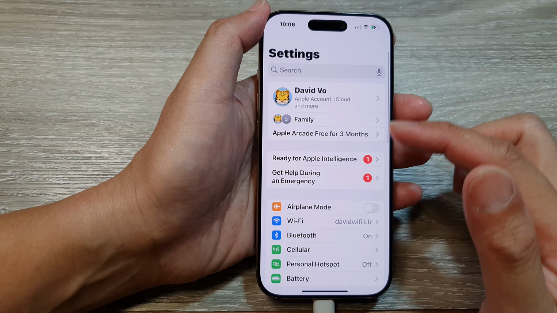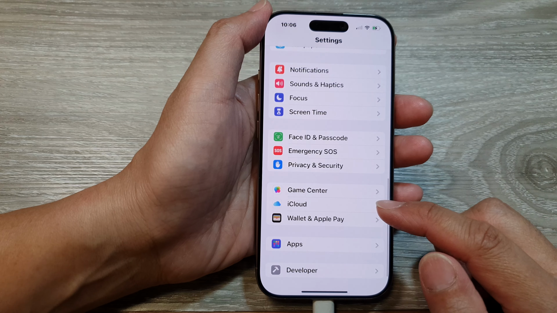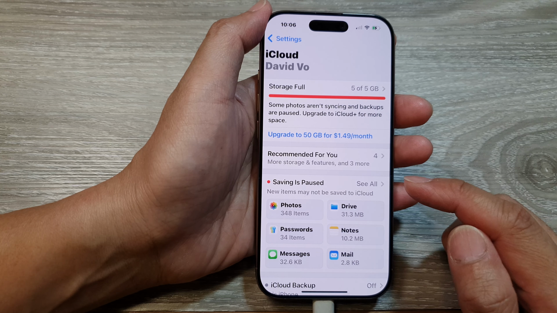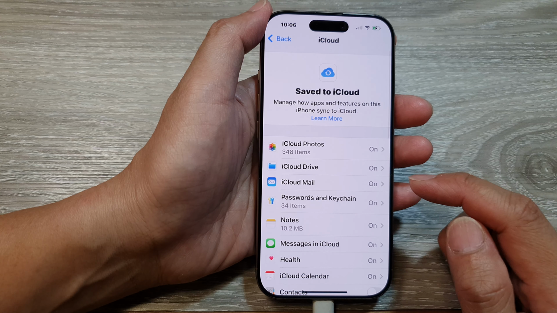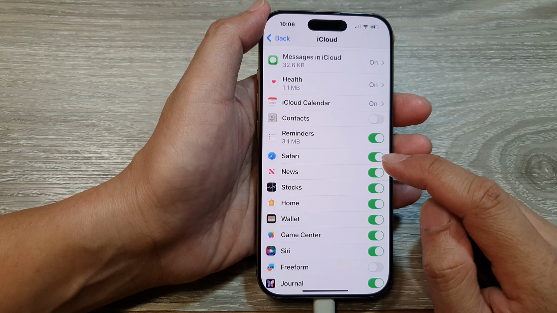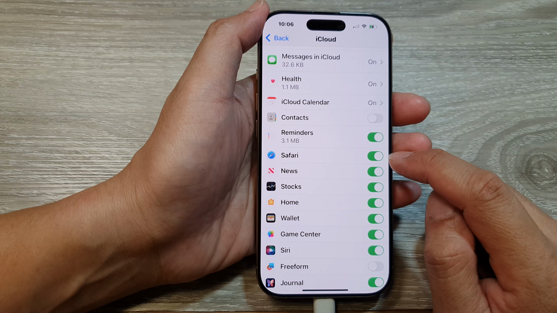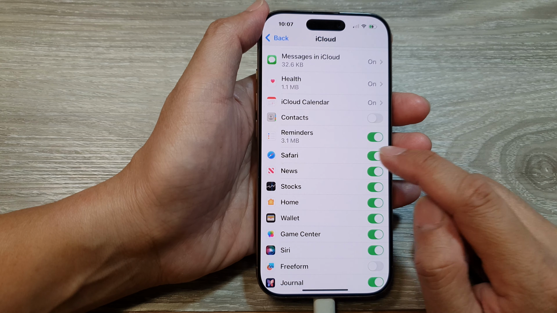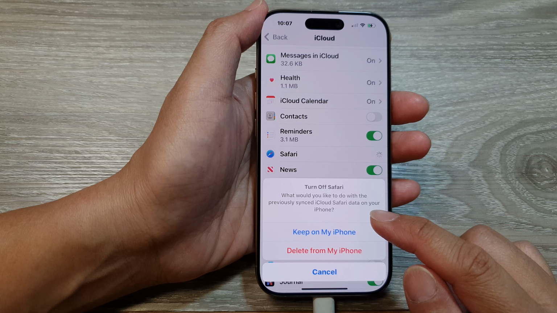Next, from the main settings page, we scroll down, then tap on iCloud, and then tap on the See All button. Then in here, we go down and tap on the Safari toggle button to turn it off or switch it on. Here, if I tap on it to turn it off,